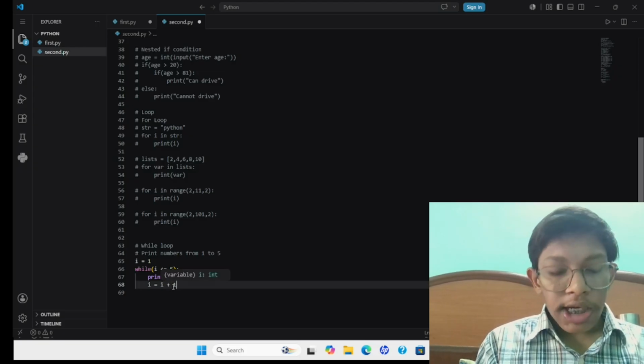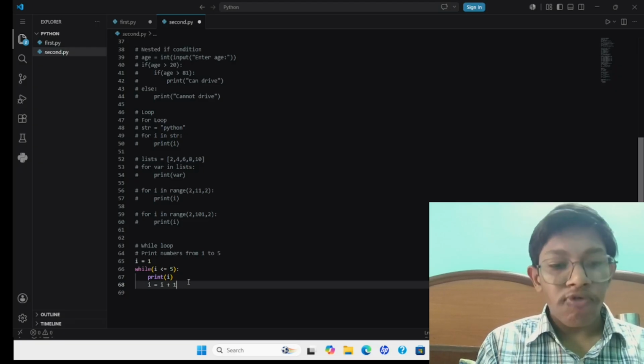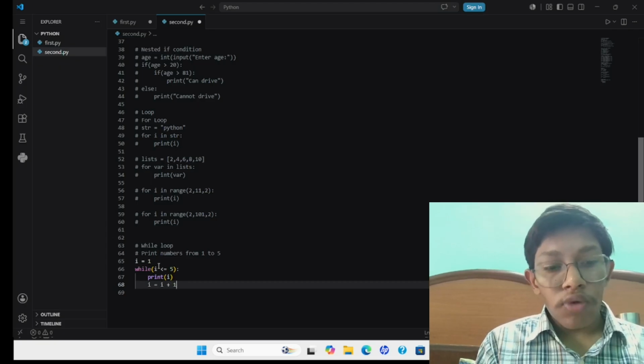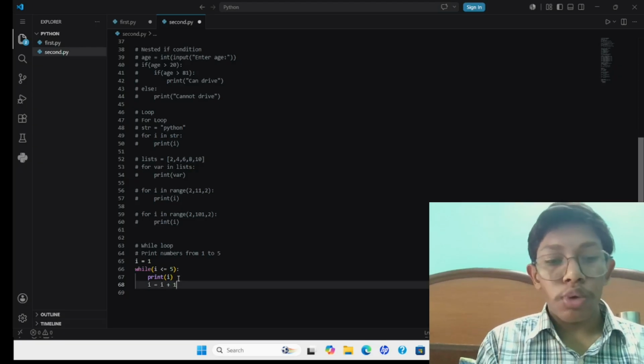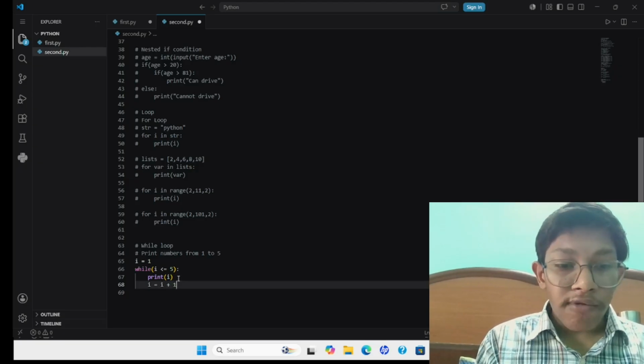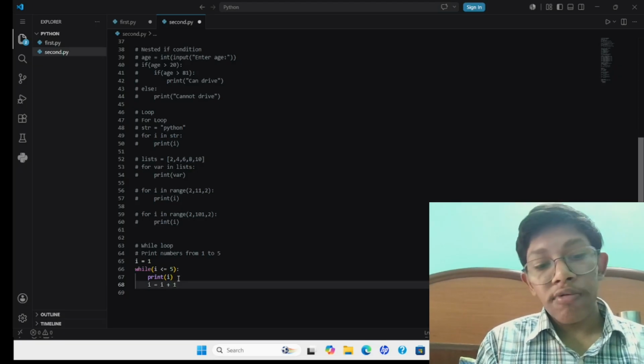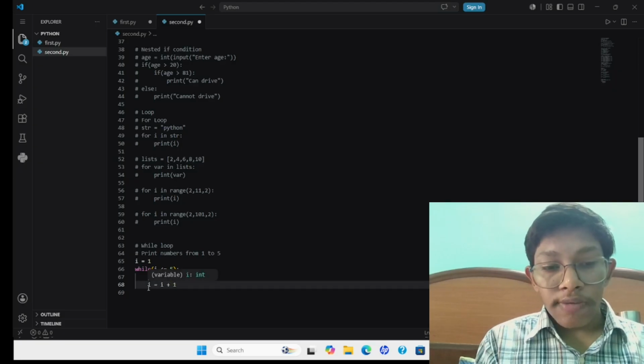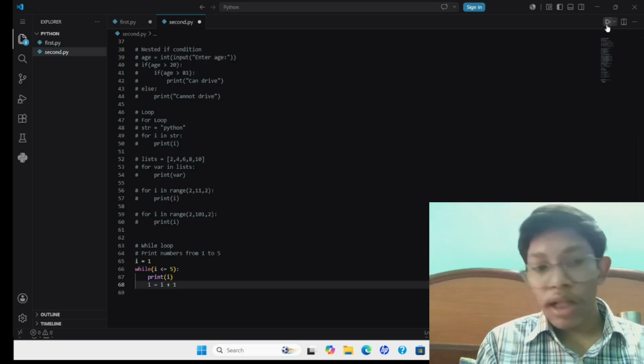Now it would check for another update and the value of i becomes 5. So 5 is less than or equal to 5, so it would print 5. Now the value 5 becomes 6, so i becomes 6. 6 is not less than or equal to 5, so it would come out of the loop and print only till 5. The most important thing is we have to update the value. Now if I try running this,